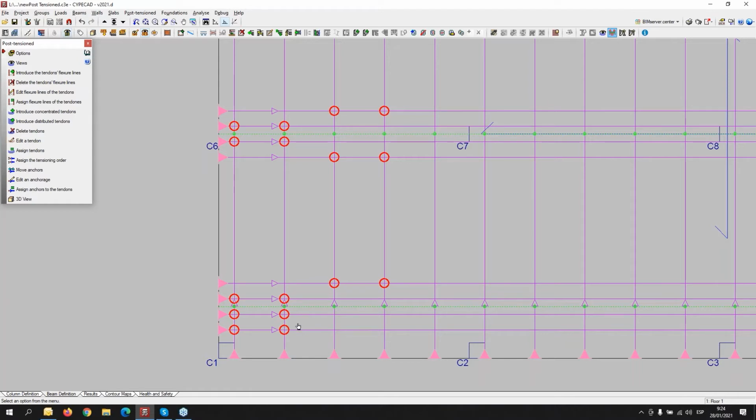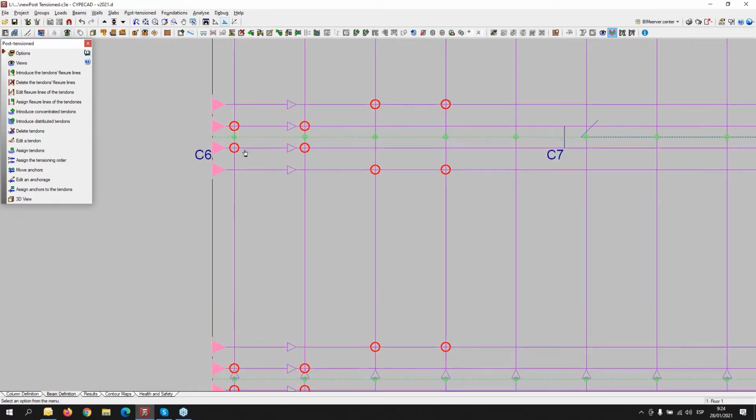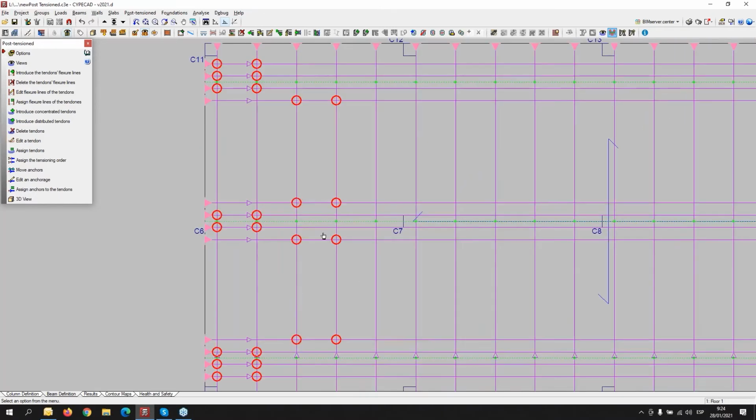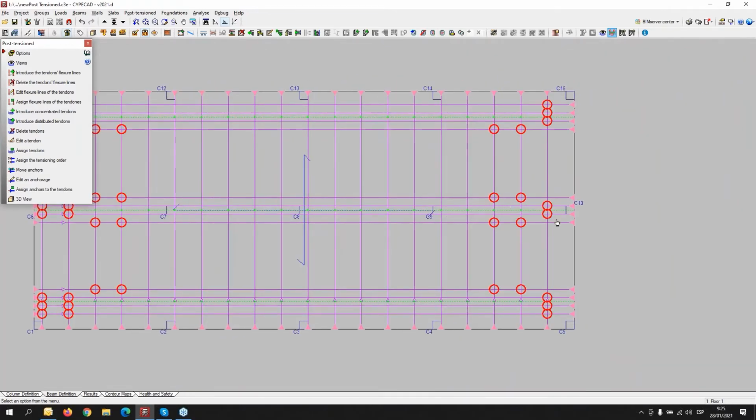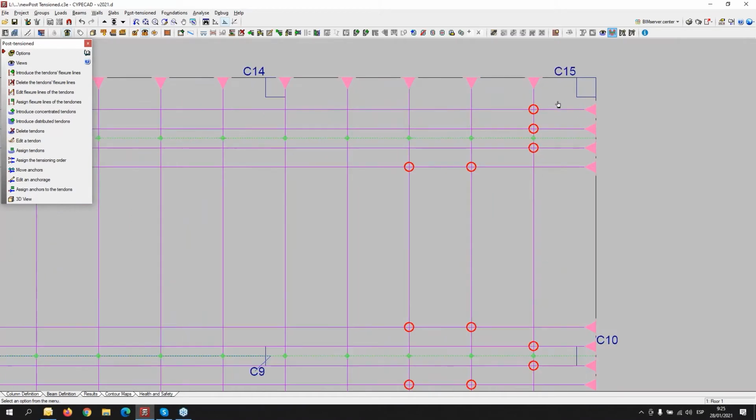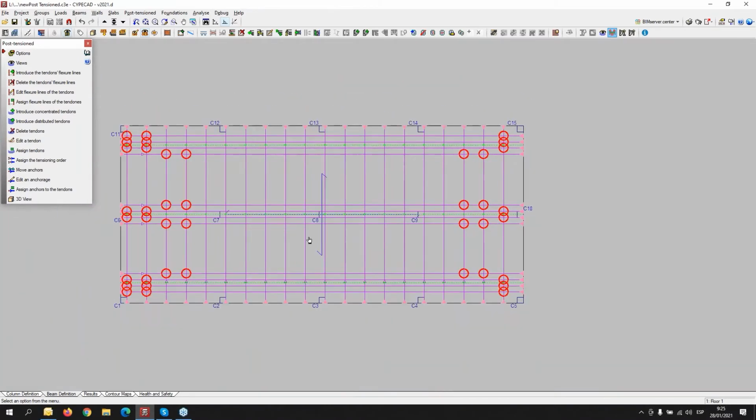It's important to know that the program will carry out the analysis without problems. Indeed, this error or this remark appears, but it is something important to avoid in the reality of the project. Okay, so